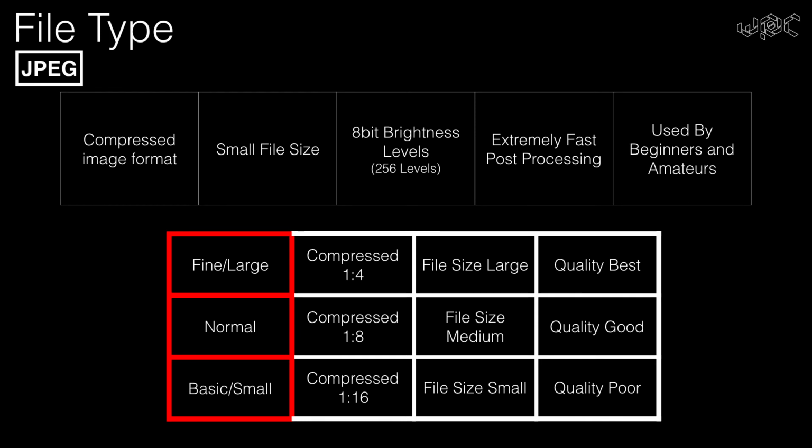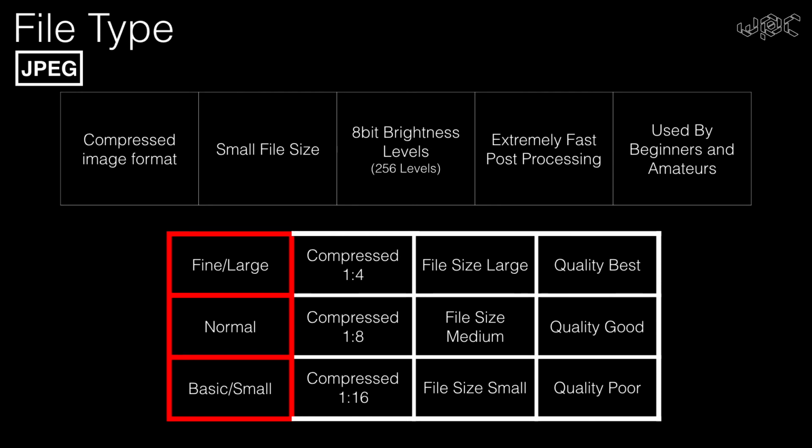JPEGs only have 256 levels of brightness, which means smaller number of intensity levels for pixels, because of which a lot of pixels have the same intensity, which reduces the quality of the image drastically. Since we have less information and reduced quality, the editing process actually damages the quality even more. But post-processing a JPEG file is much faster than a RAW file because of its file size. This format is primarily used by beginners and amateur photographers. We highly recommend you to use JPEG instead of RAW when you are starting your photography journey.